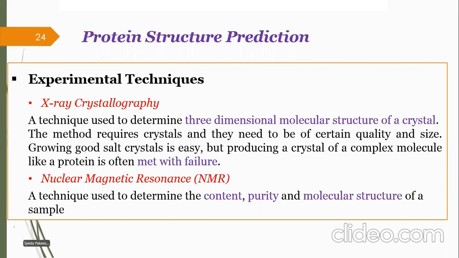सेकंड जो टेक्निक हमने स्टडी की वो थी न्यूक्लियर मैग्नेटिक रेजोनेंस, NMR। NMR के अंदर हमें कंटेंट और प्योरिटी मिलती है और उसके अंदर जो स्ट्रक्चर हम प्रिडिक्ट करते हैं वो मॉलिक्यूलर स्ट्रक्चर होता है। मगर NMR में जब हम बहुत बड़े बड़े प्रोटीन्स प्रिडिक्ट कर रहे होते हैं, तो कॉम्प्लेक्सिटी बहुत ज्यादा हो जाती है, जिसकी वजह से हमारे एक्यूरेट रिजल्ट्स डेविएट कर सकते हैं। इसकी कॉम्प्लेक्सिटी लिमिटेशन में चली जाती है।